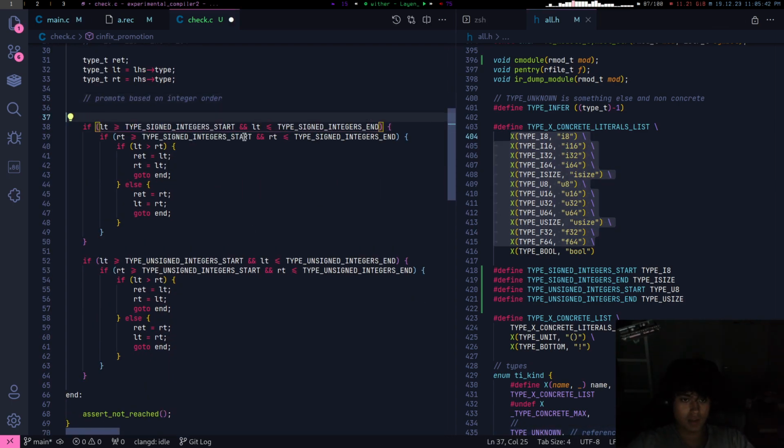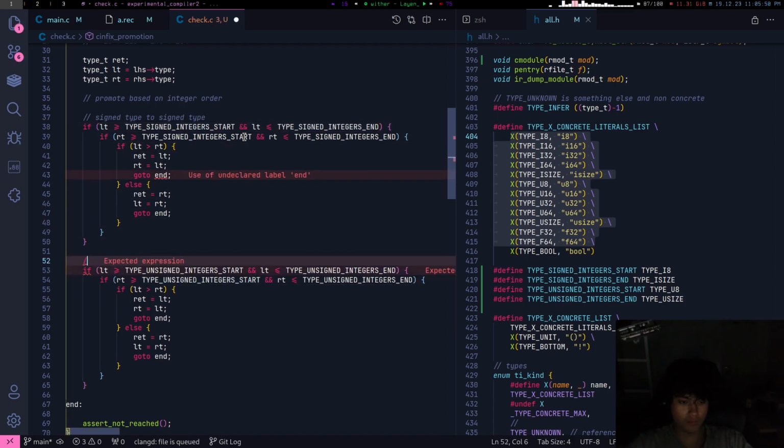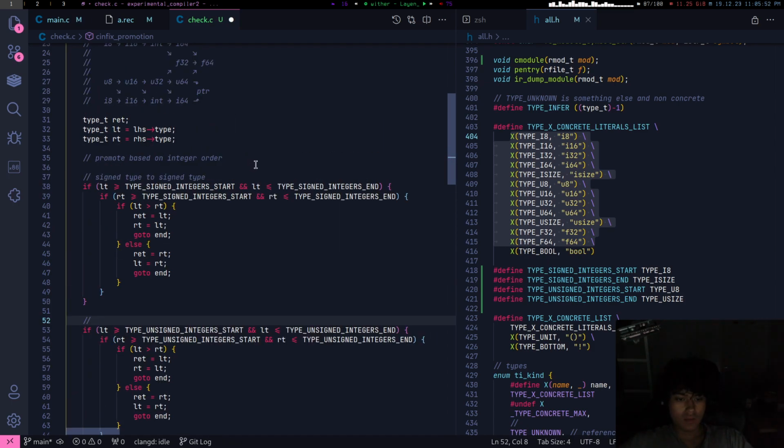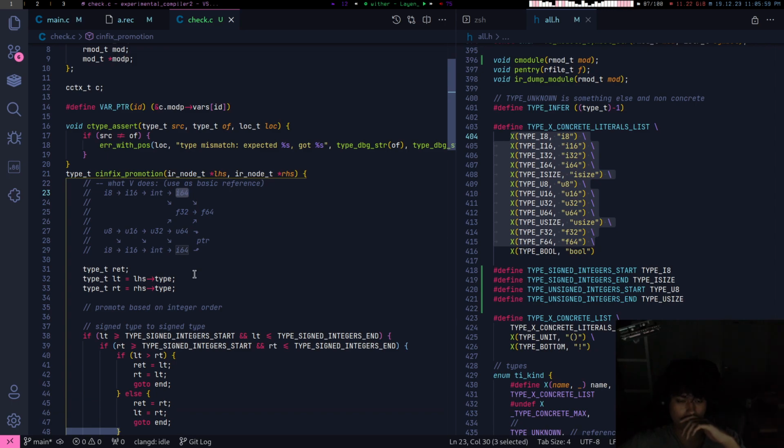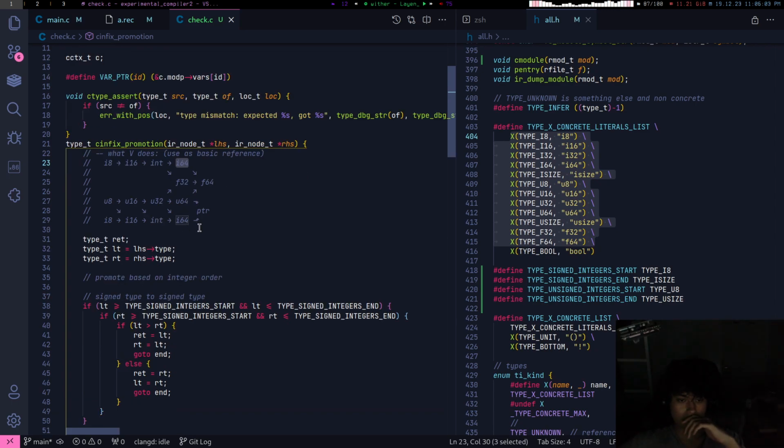So this is signed type to signed type. Throw that in. Thank you. I8 goes to this, goes to this, goes to this. And this goes all the way up.